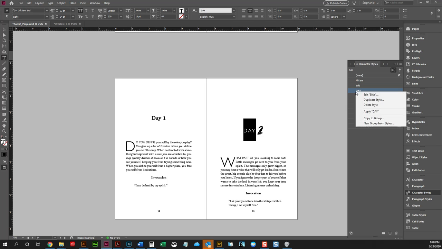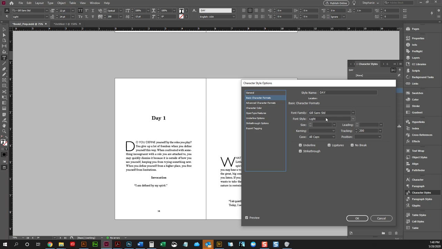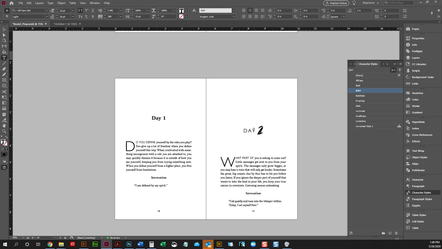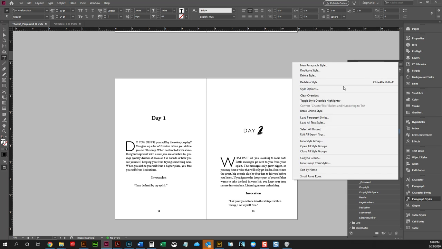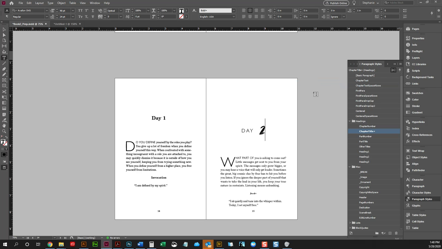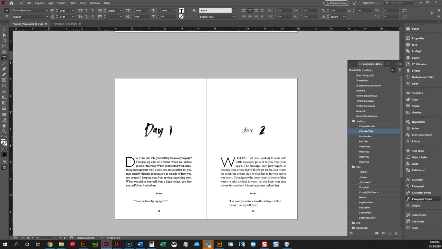So we need to tell it to set it to 22 points by 24 line spacing. All right, so now I'm going to go back and redefine that chapter title style, and now our day is